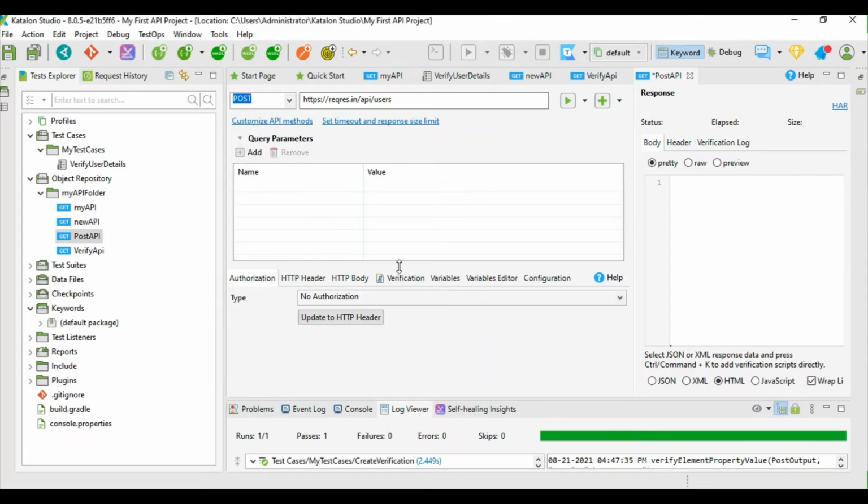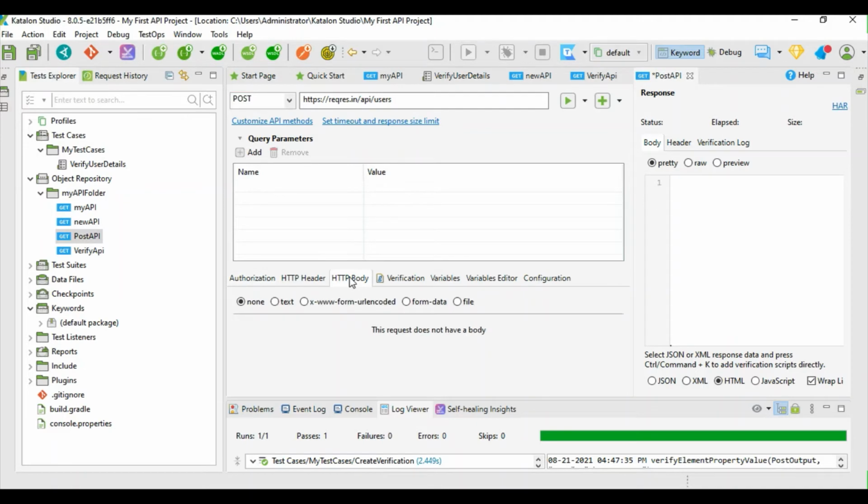And with POST we need to have some parameters, the values which we are going to add in the database. For that you need to add data. We're going to add this in the HTTP body, and we're going to select text format and then JSON.